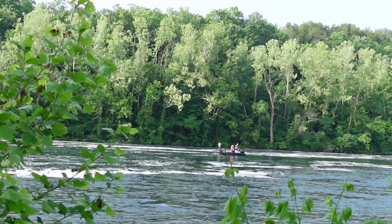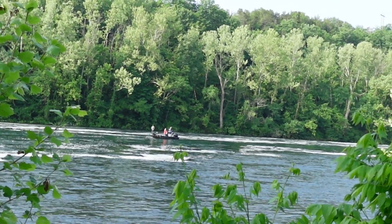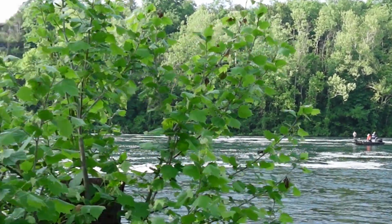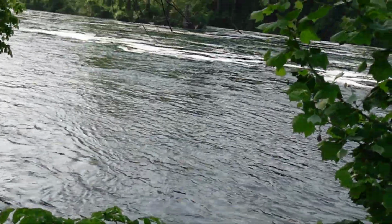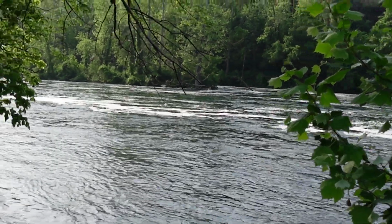I mean, it is full. Can't get a view of the dam from right here, but we got a boat, and the water's right down here. It's flowing too, with that dam being open. And that right there,